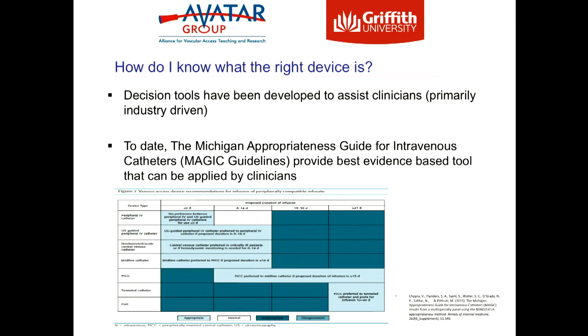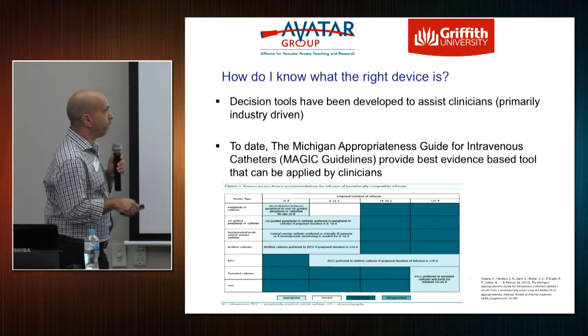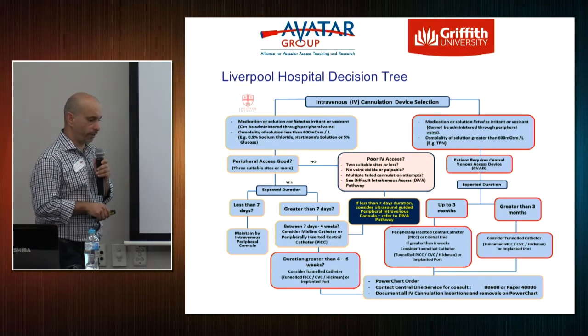As an exemplar, we're starting to use midline catheters here in Australia a lot more predominantly. And in the MAGIC guidelines, they state that midlines are good for up to 14 days. Some of the other evidence, for example, says they're good for up to 4 to 6 weeks. So this is clinician consensus, but there have been studies that have shown that midlines, for example, can stay in for a lot longer. So what we did at Liverpool was look at, in the same vein,